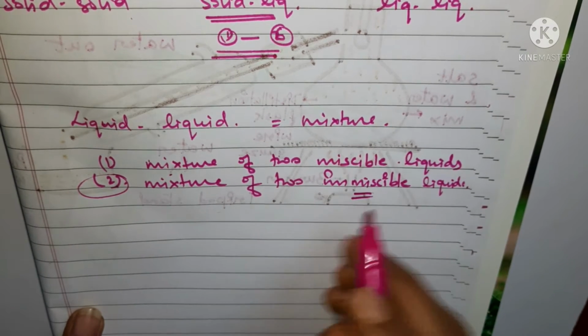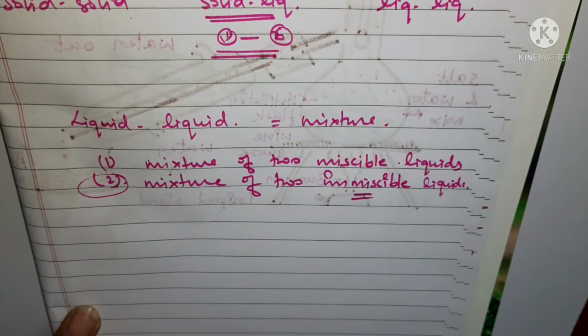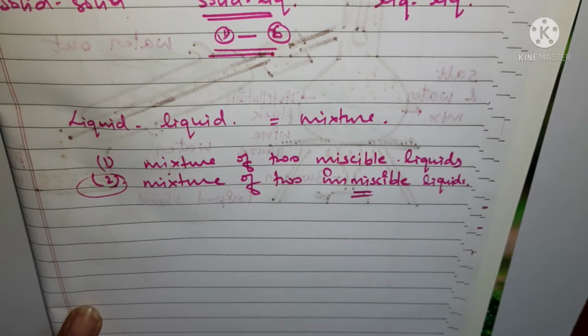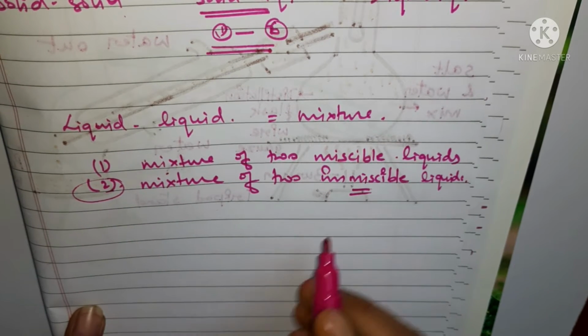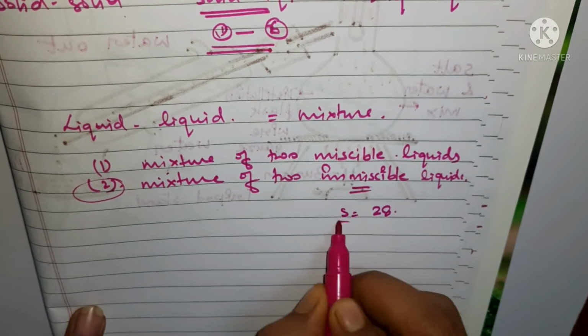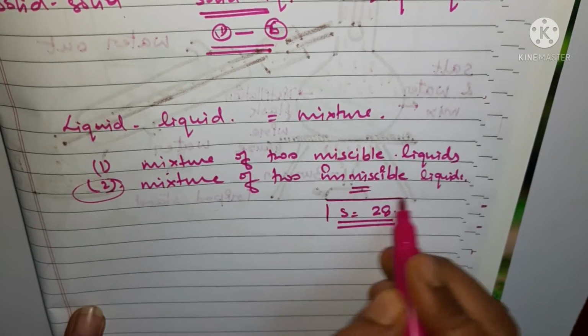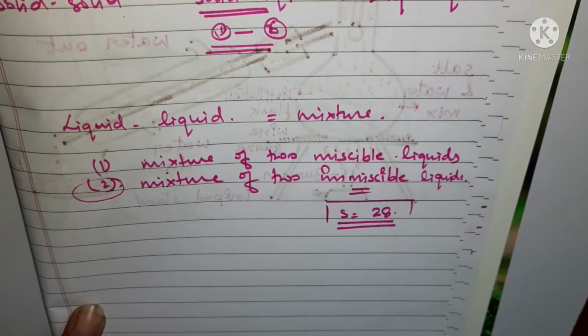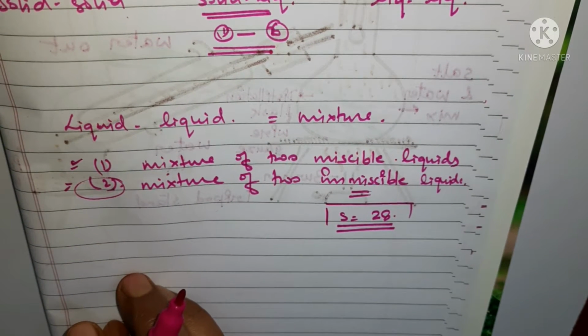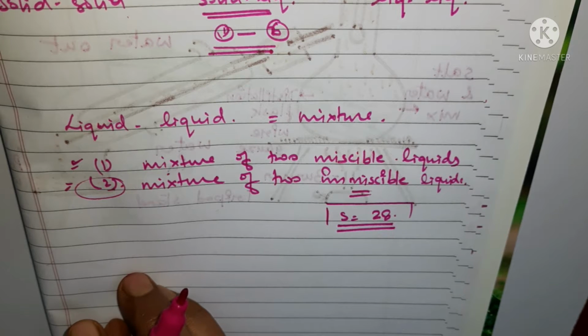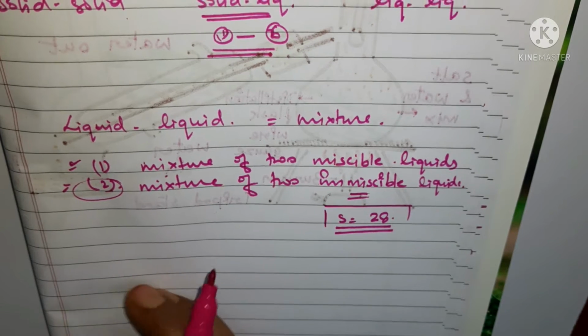So this is the topic for today, and hello everyone, welcome to Aakaar chemistry classes. We are going through a series of sessions for the chapter Is Matter Around Us Pure, and this is our session number 28. We are about to complete the chapter, because after this we are having the last section left. So we are going to first complete these two methods, and then we'll go for physical and chemical reactions, and then after that we will be finishing the chapter. So the series is going to be finished after that, so keep watching the channel.